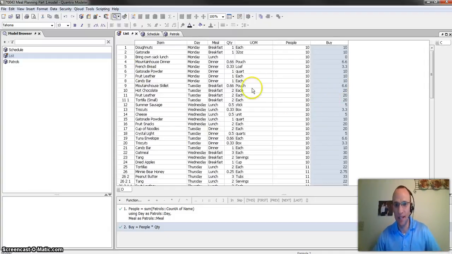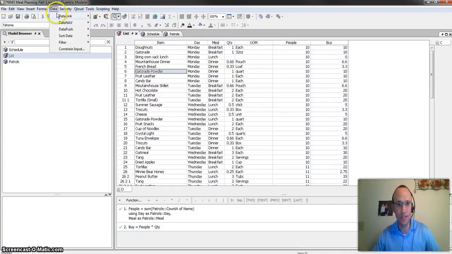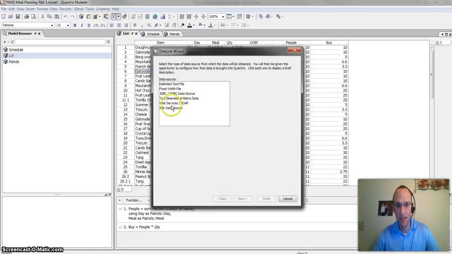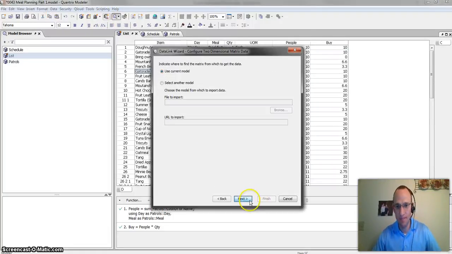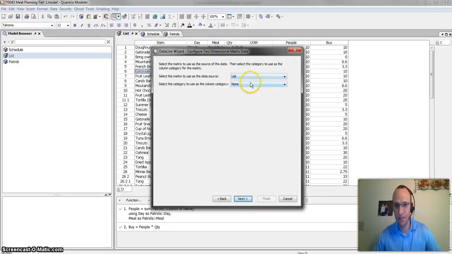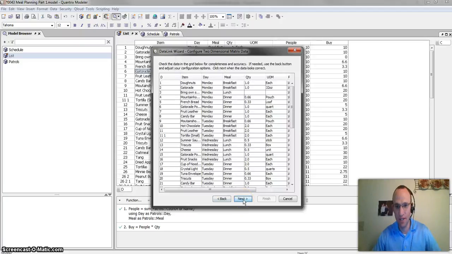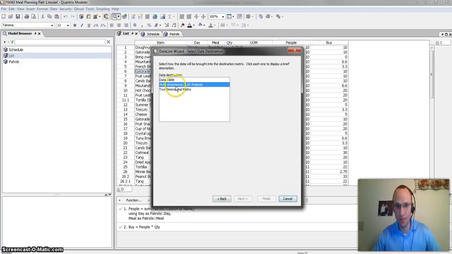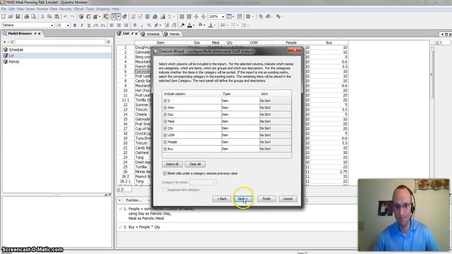Create data link. I'm going to do this from a two-dimensional data source, and I'm going to use list, and C is going to be my category. And what I'm going to do is make this a multi-dimensional table.